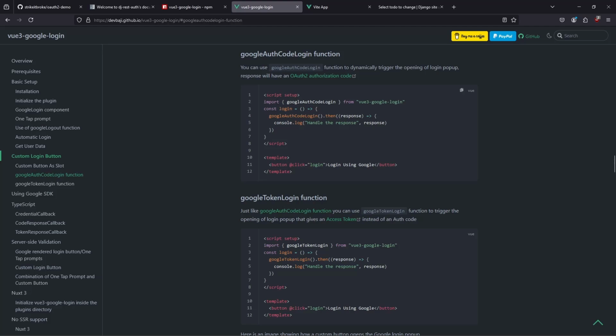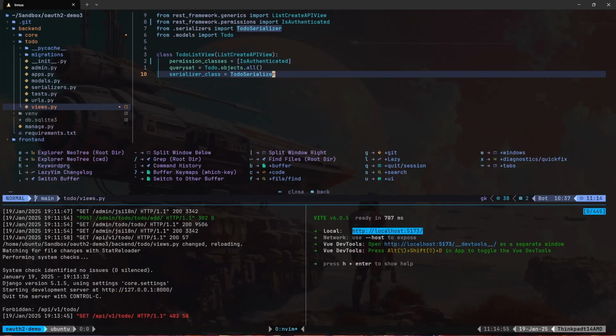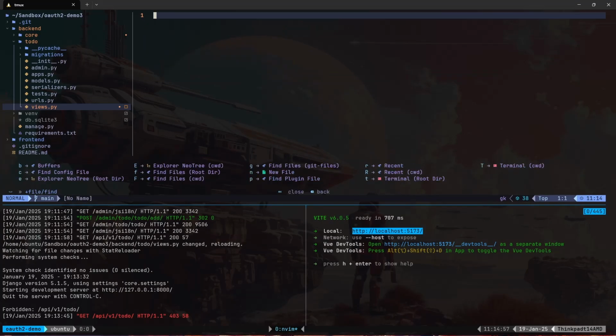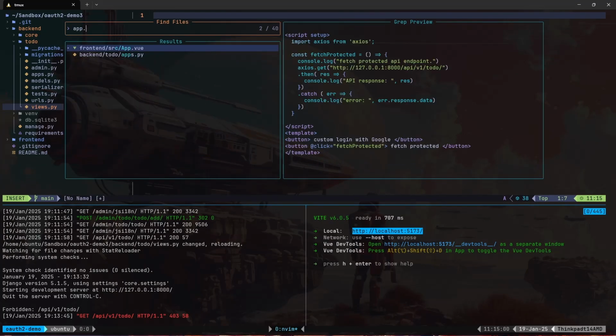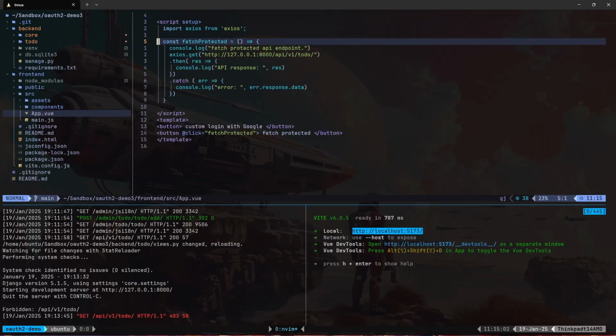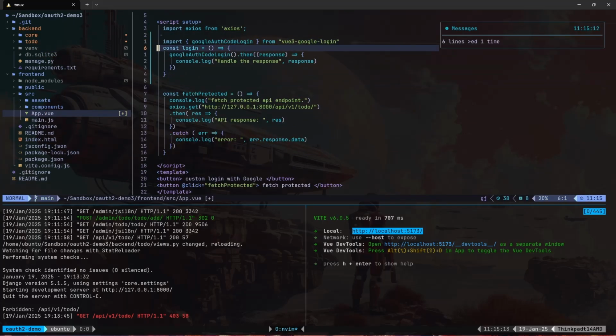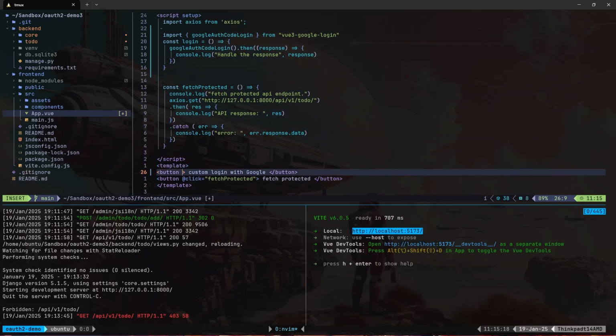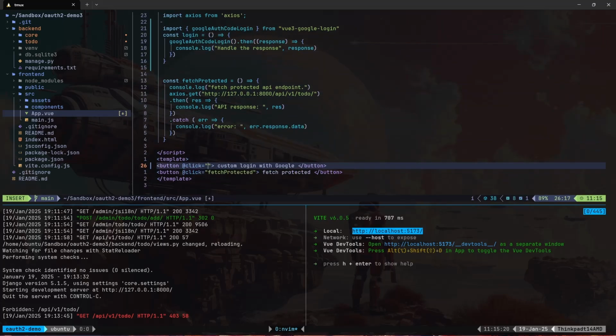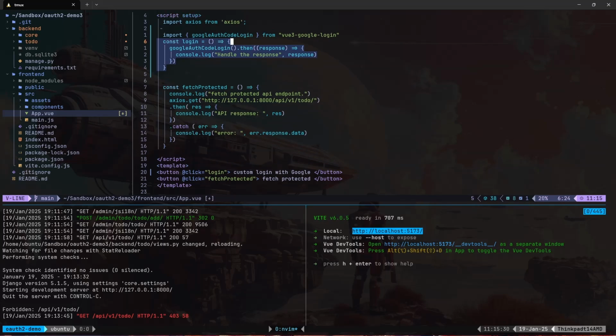And in this case, you want to use the code here. We'll just copy this and paste it into our code. I will close my backend file and then open up the App.vue file in the front end. At the top of our script, I'm going to paste that in here and make sure that in our button, we add the click and set it to be the name of the function, login. So now when we click on the button, custom login with Google, it will trigger